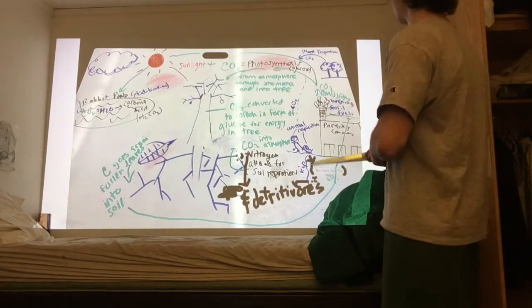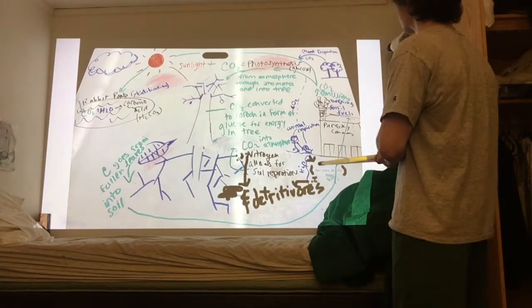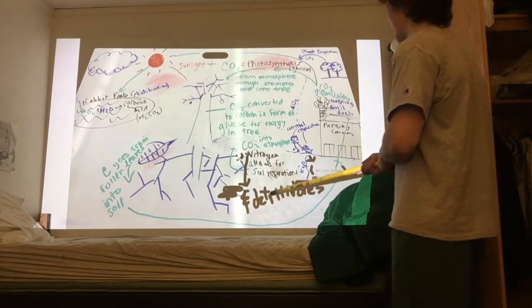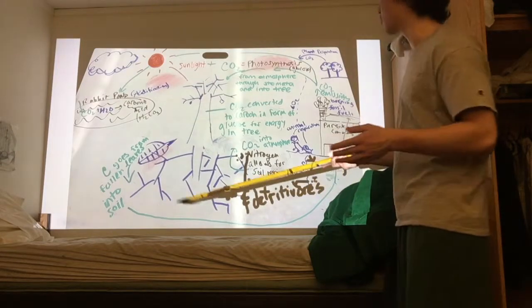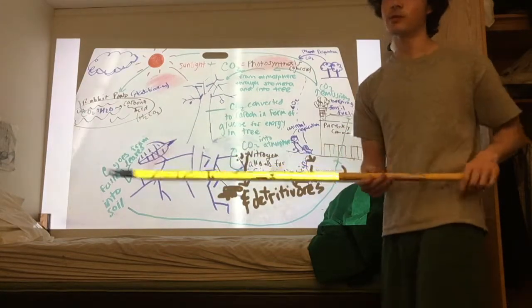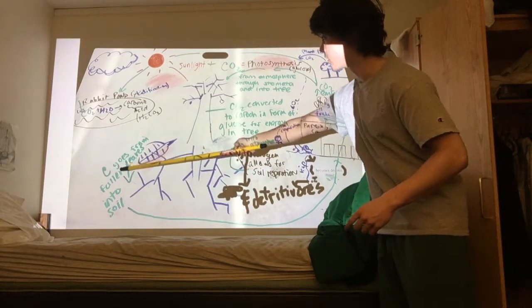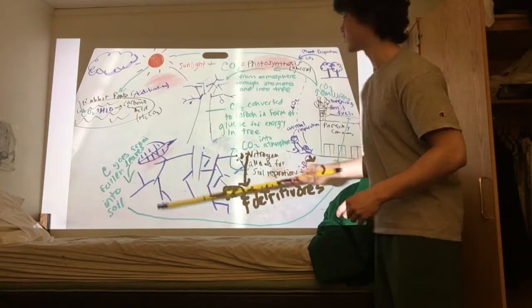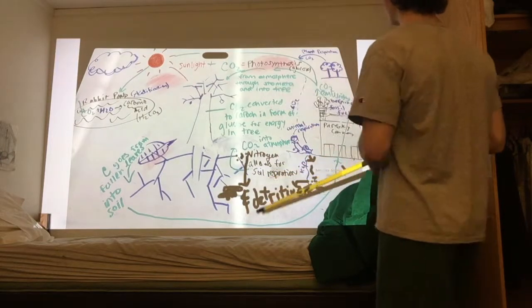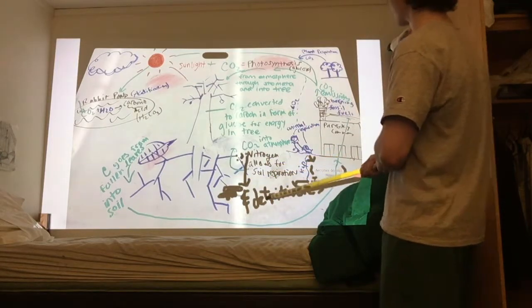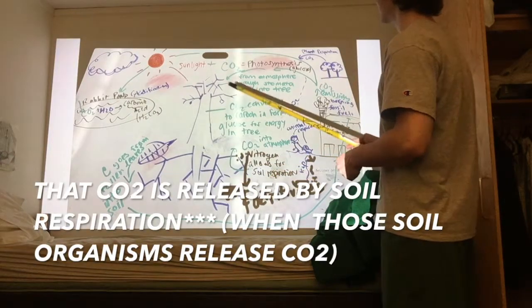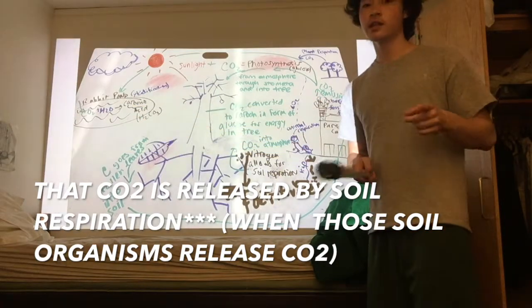But now looking at these animals here, these animals can decay, become detritus, and you have detritivores, which are different microbes and fungi that can help decompose organic material. Also, this leaf over here, right here it says carbon goes from fallen leaves into soil. Yes, it does. So you have all these things in the soil, and you have detritivores to help out, and a lot of that CO2 could be released, but also a ton of it is going to be converted into